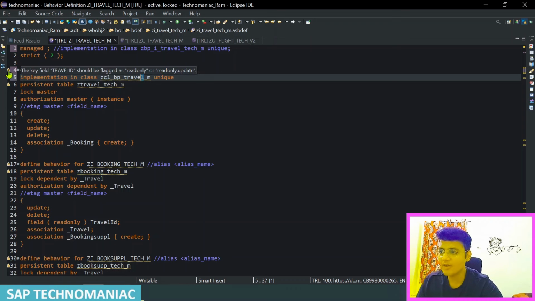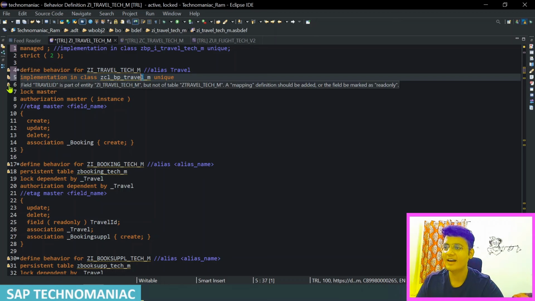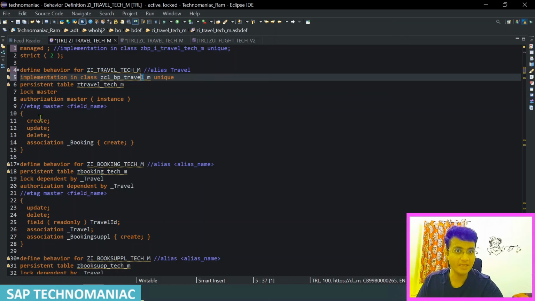What are the other warnings? Travel ID should be read only. That is also when we create an entity, at that time we will get a different error, or we will get a dump, and the travel ID is not part of the TechCamp table. So a mapping definition should be added. I didn't add any mapping as well. So that's very important. I have to map all the fields from this particular entity